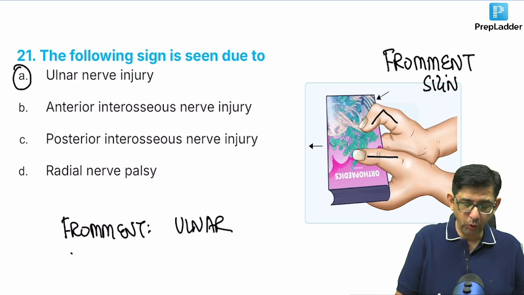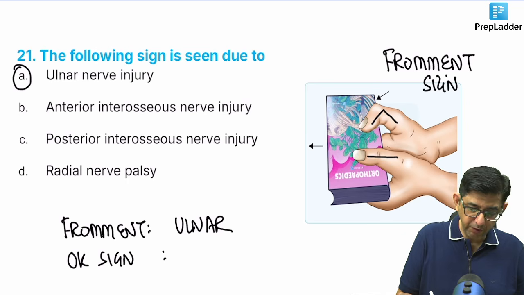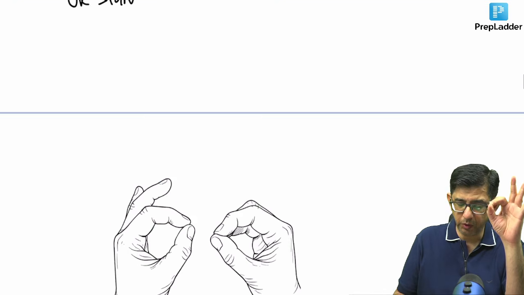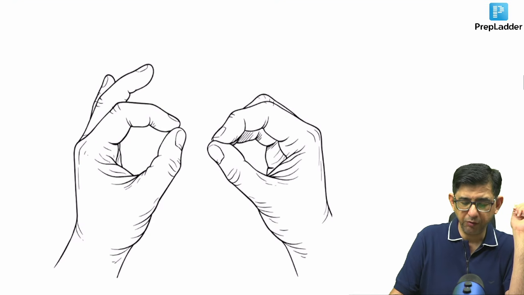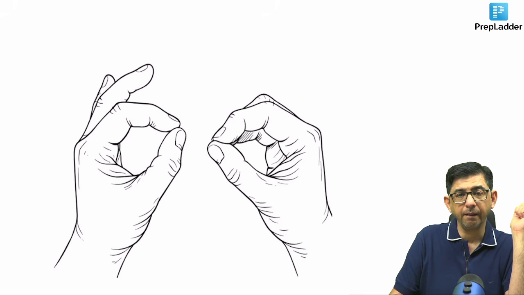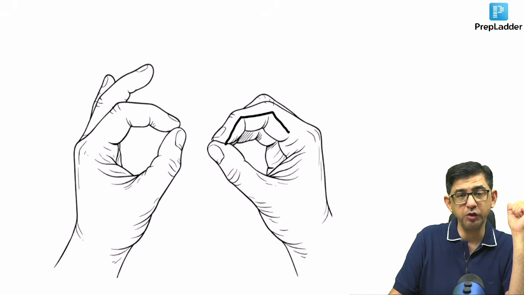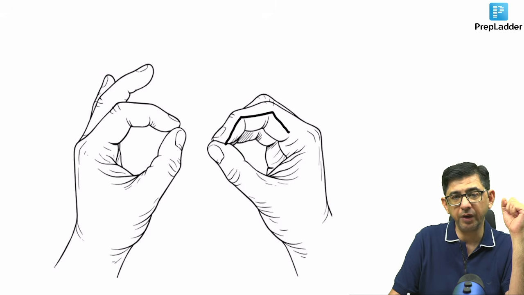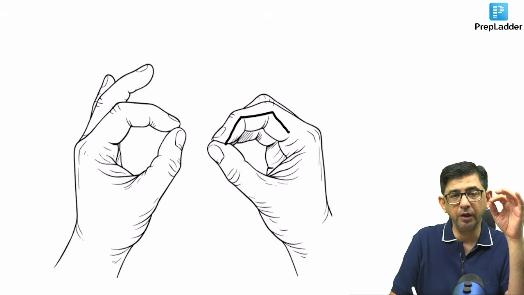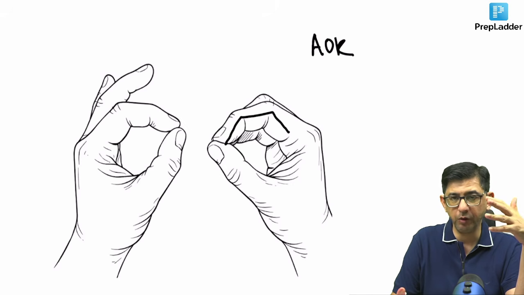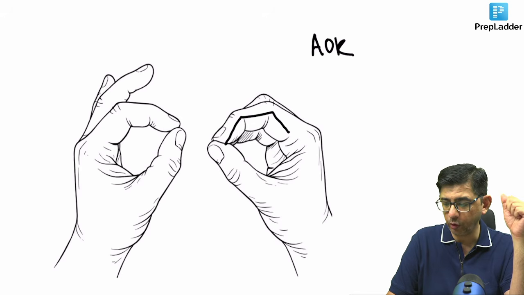In contrast, we get an OK sign also. When I say OK, like if I say OK, very good. So in OK you can be having a slight flexion. I'll show an image also. If you look at this image, there's a subtle difference. The person is not able to do that OK, rather he's trying to pinch. There's this little pinch that is happening. So if the question is on the word OK, then you can write it like this: A-OK would basically help you remember that the nerve that is involved is the anterior interosseous nerve.